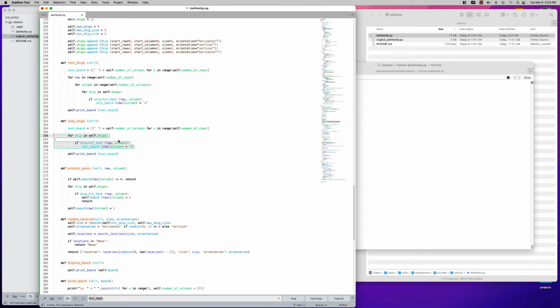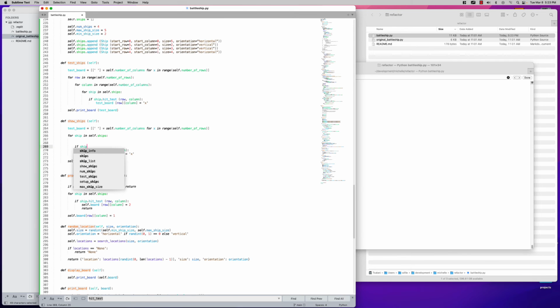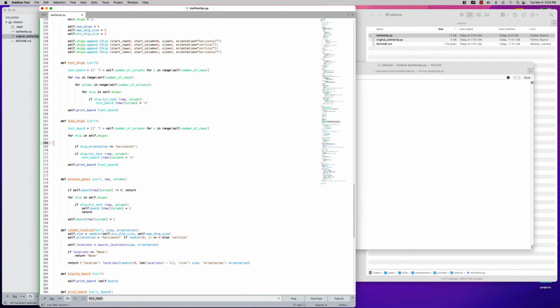And then we want to go through all our ships. And we want to take the start row. But we need to know if the ship is horizontal or vertical. So if ship dot orientation equal horizontal, then